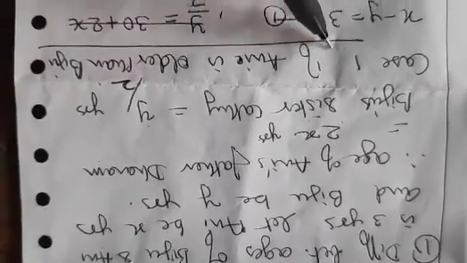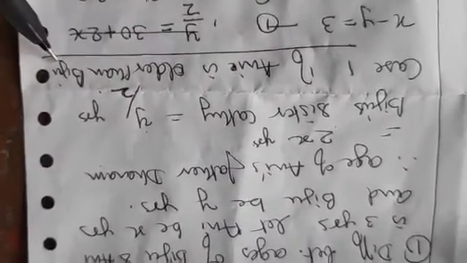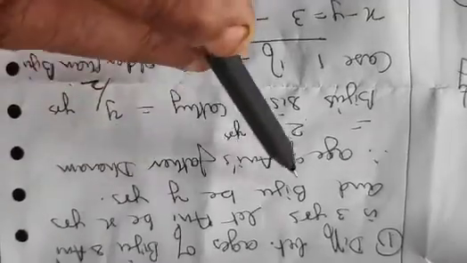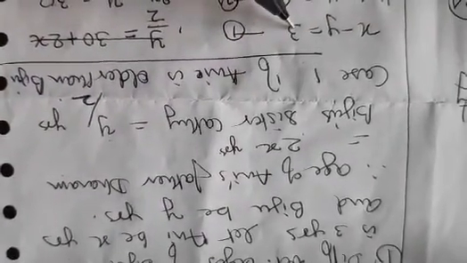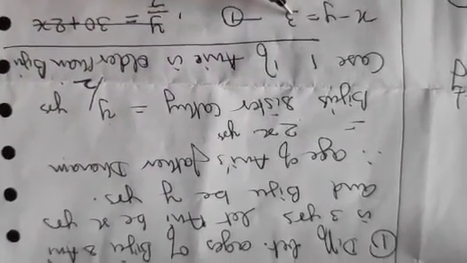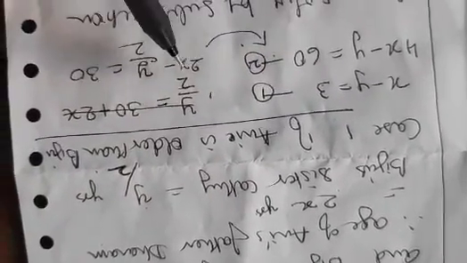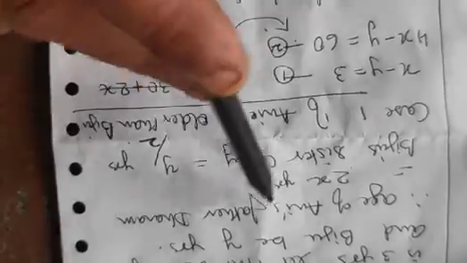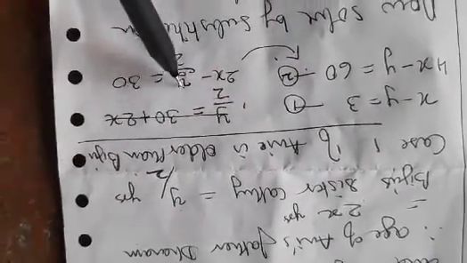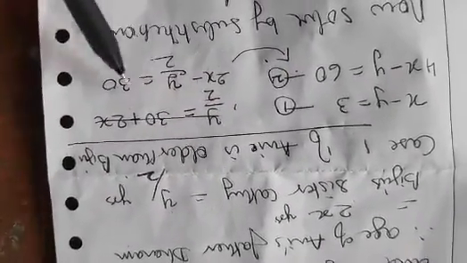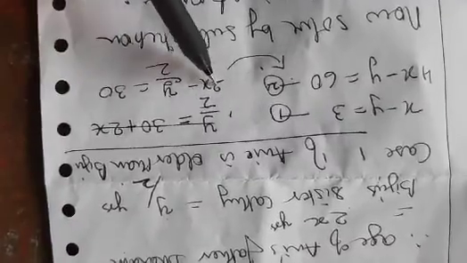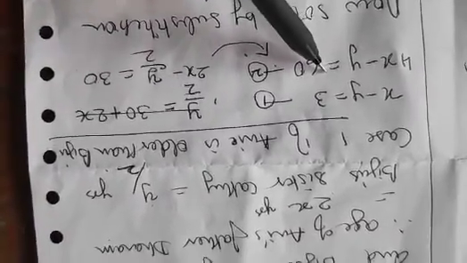Okay. First case you take is Ani is older than Biju. Ani is older means x is greater than y. So x minus y is 3. First equation. Second equation will be the difference between age of Dharam and Kathy is 30. This is Dharam's age here. This is Kathy's age here. Dharam and Kathy's age difference is 30. So if you solve it, 4x minus y is 60. That is the second equation.